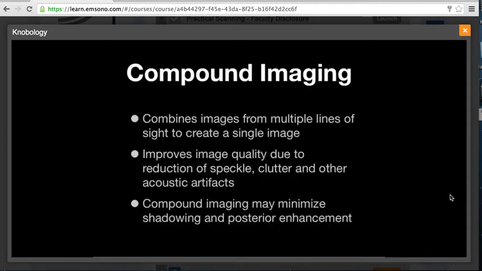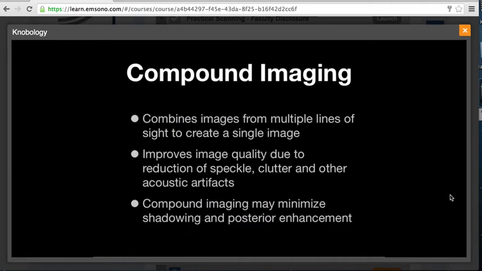Compound imaging is becoming more readily available on machines, and it combines images from multiple lines of sight to create a single image. It improves image quality due to reduction of speckle, clutter, and other acoustic artifacts. And compound imaging may minimize shadowing and posterior enhancement. So this may be good or it may be bad,